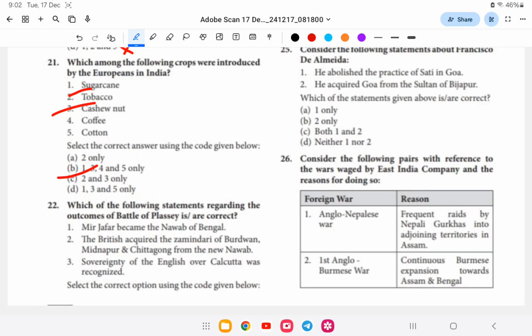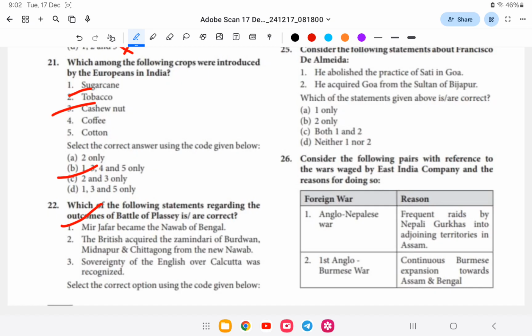Siraj-ud-Daulah lost to the East India Company, and Mir Jafar became the Nawab of Bengal. So 1 is correct. Number 2, the British acquired the zamindari of Burdwan,